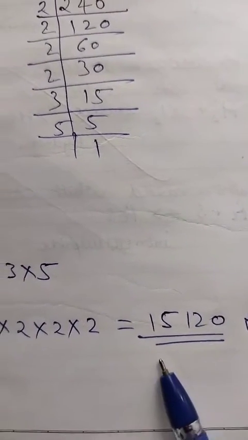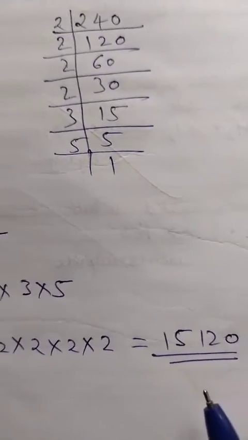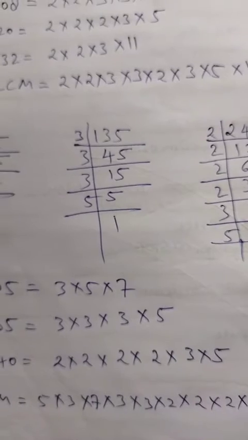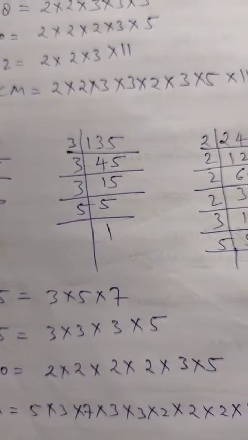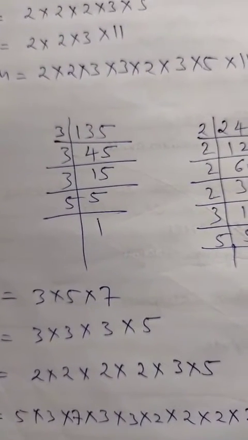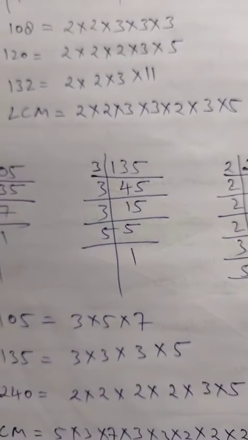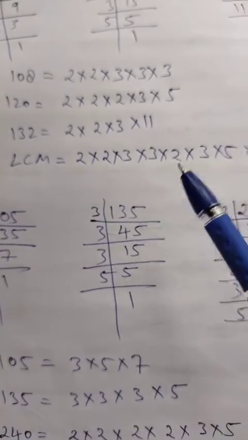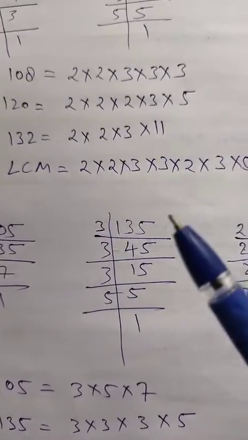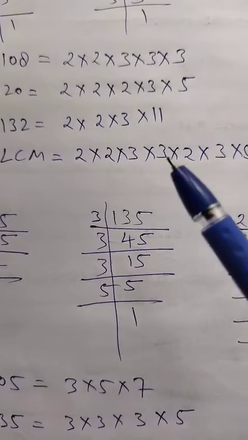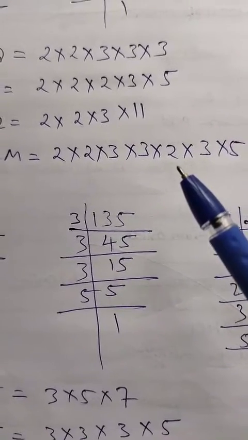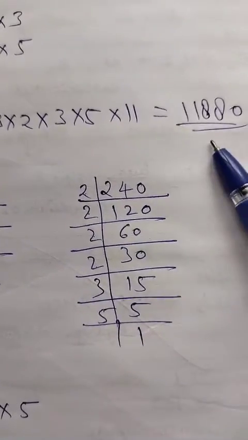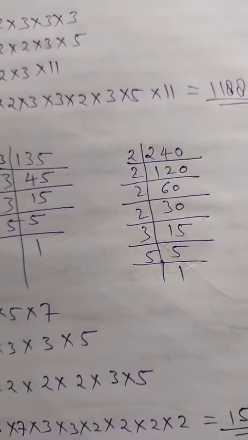This is how you have to find the LCM. Whether it is 2 numbers or 3 numbers or 4 numbers, your method, your concept for finding the LCM is the same. First of all, find the factors of the given numbers, write their factors, then take out the common factors from there. After that, take out the remaining factors apart from the common. Then multiply all the numbers and you will get your LCM. This is the way to find the LCM.